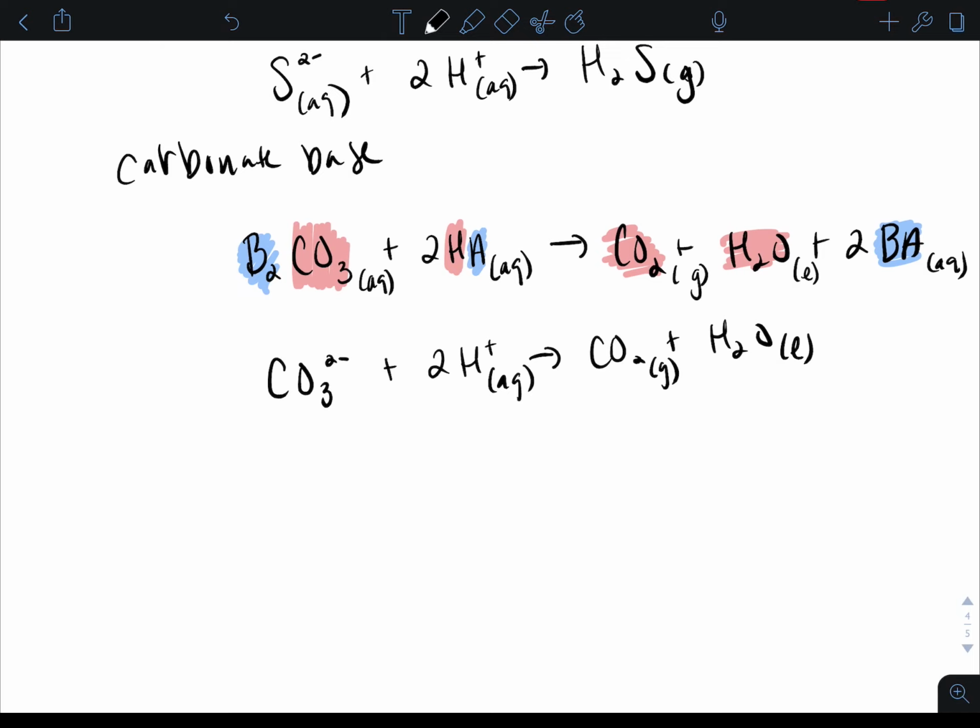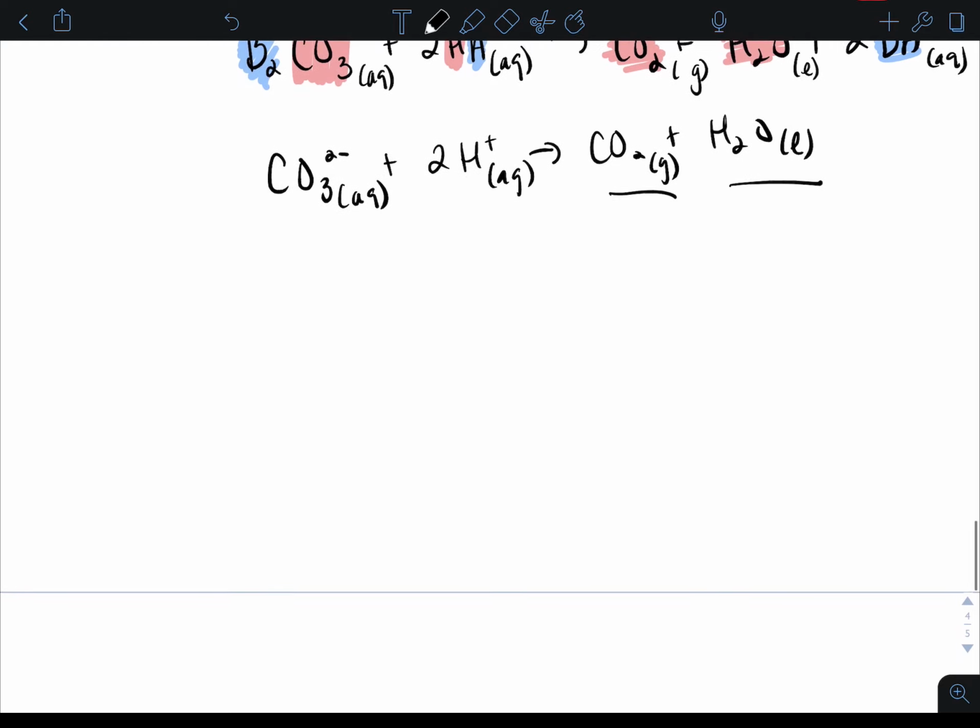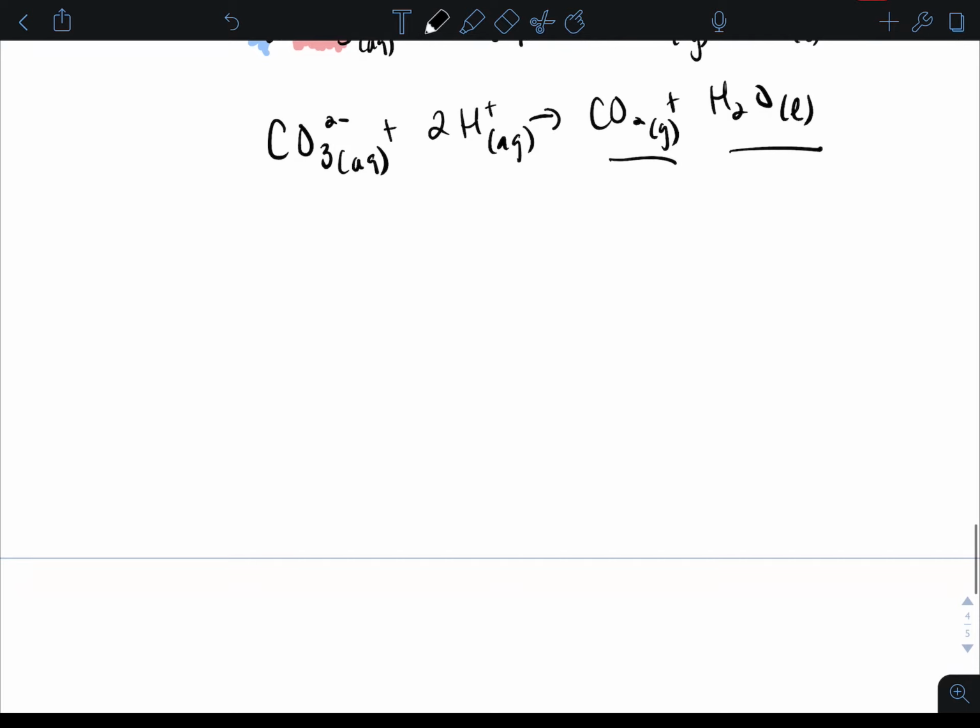I hope you're recognizing through this that with a net ionic, gases, liquids, and solids are going to be things that stay as combined things, and it's our aqueous things that are going to break apart into ions. Okay, last one is our bicarbonate base,